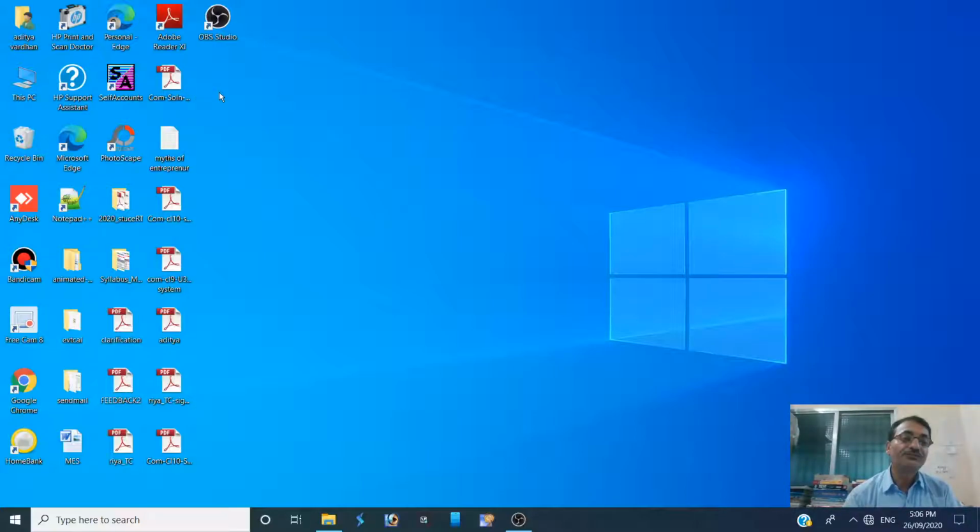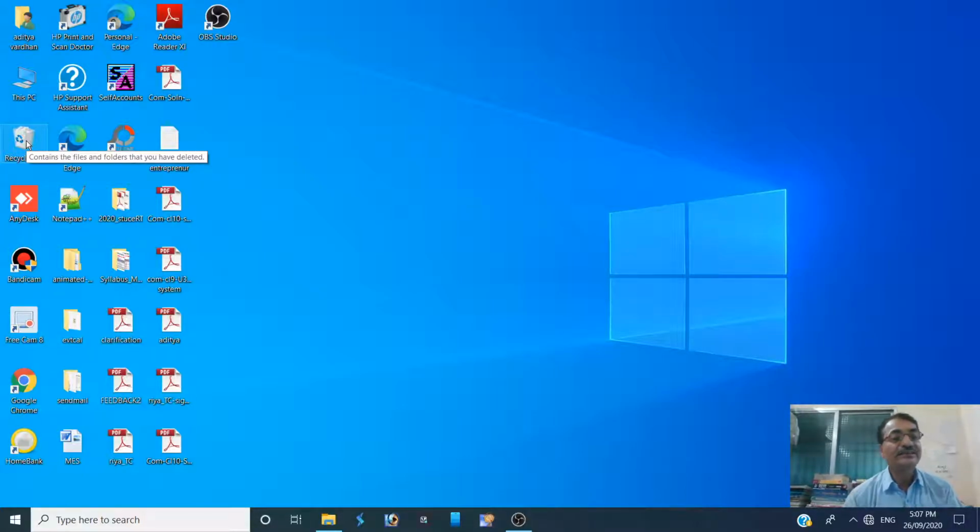After deleting, the icon is simply sent to the recycle bin. Recycle bin is the temporary location where deleted files are stored. This recycle bin has been given as a precautionary measure.